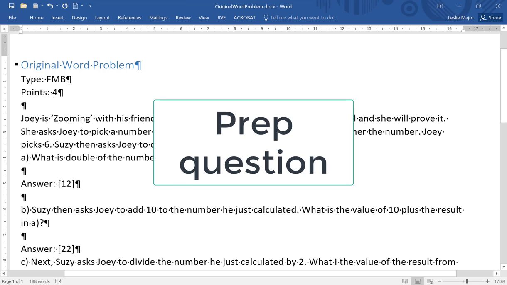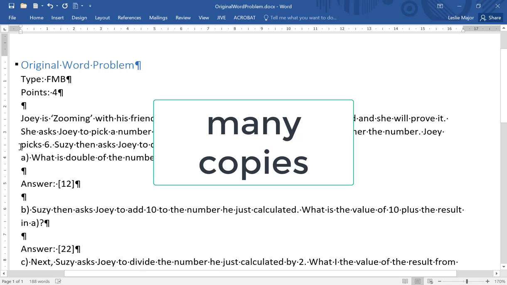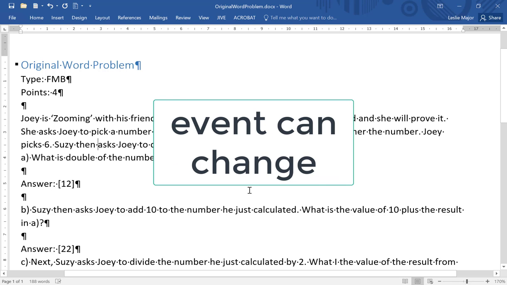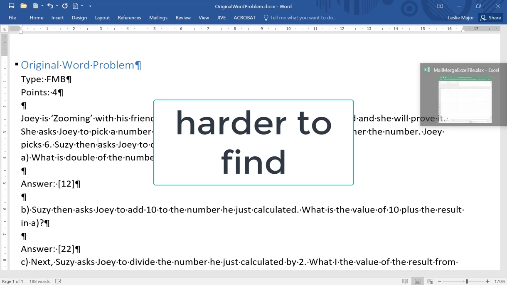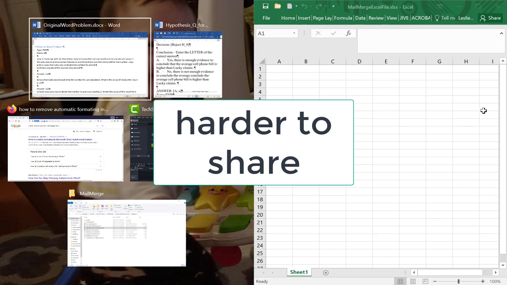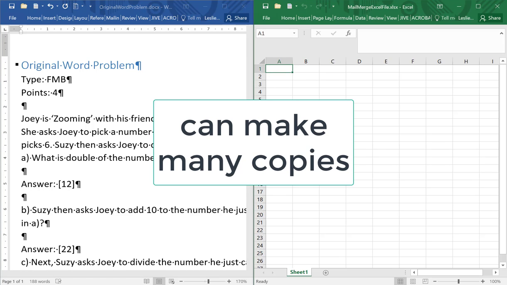Now we're going to prep this question to do a mail merge. So we could make many copies of it. We could allow the numbers to change. We could allow the people to change. We could allow the event to change. That makes the question more secure, harder to find on Chegg or anywhere else, or share amongst friends because it will look different. So let's set this up for what's called a mail merge next, and that will make many